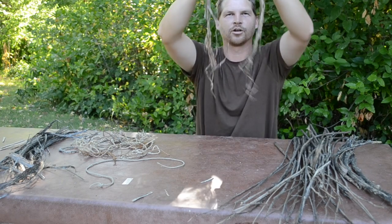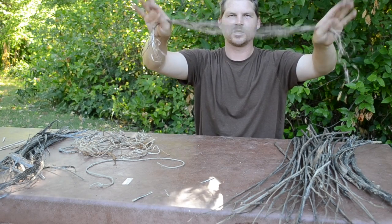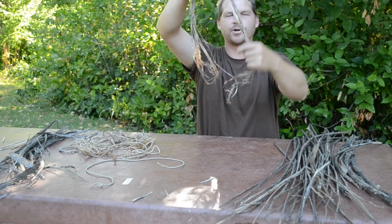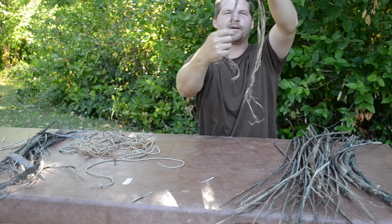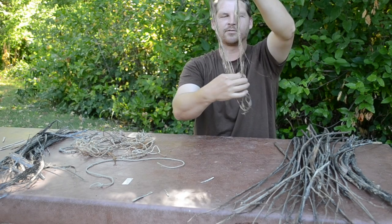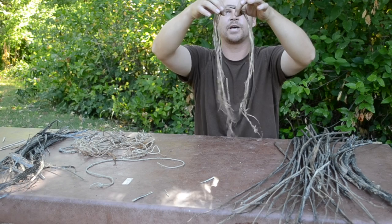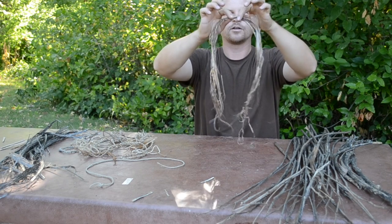and so it'll be stronger. So I'm going to layer them all equally like this on each other, and I'm going to find the middle point. If we were going to go longer than this, I would offset them like this, so then when you got to this end you can splice here, and it makes it stronger. If you end up splicing both of them at the same time, it'll make it weak in that spot. But we're just going to make a bracelet of this length, so I'm going to start in the middle, and